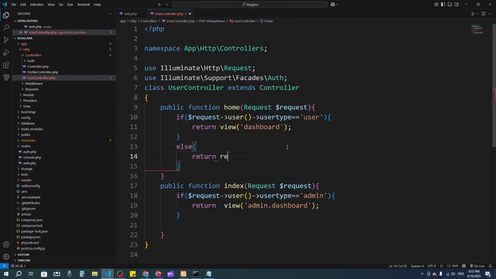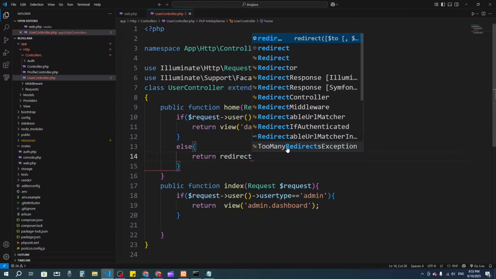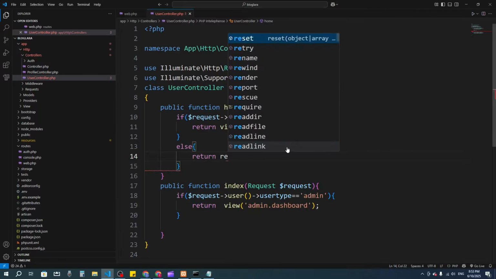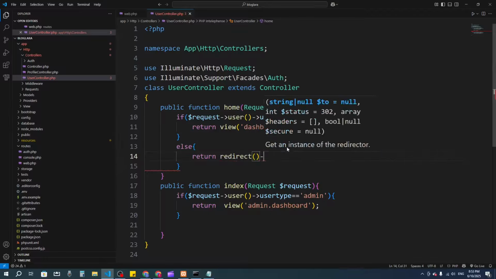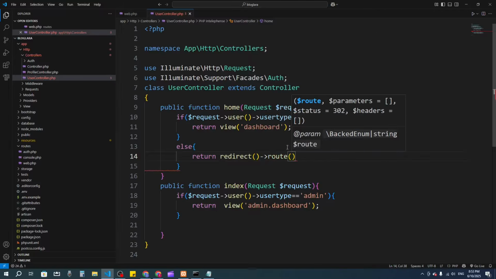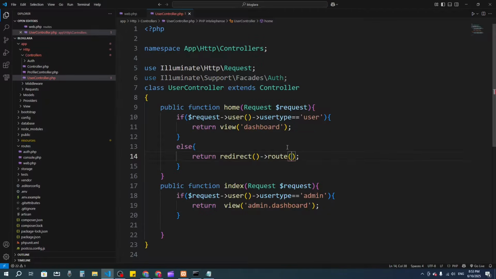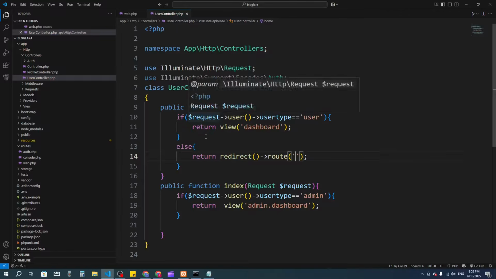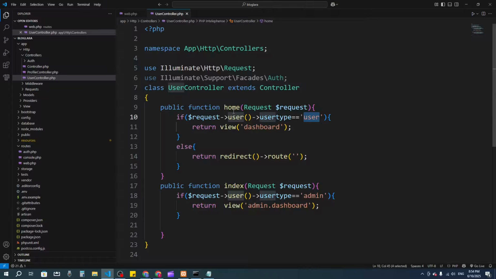So it will actually return direct route, will actually send it somewhere else. But first of all, when it will actually come here in the home, it will actually check that if it is user or not. If it is not user, it will actually go for the admin. Okay, admin dot dashboard,